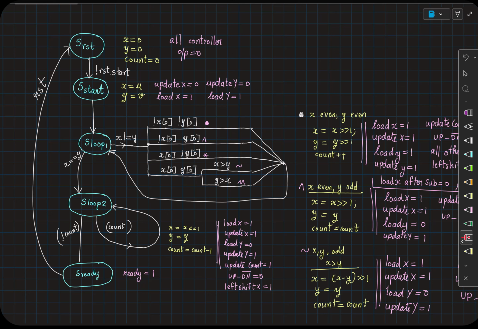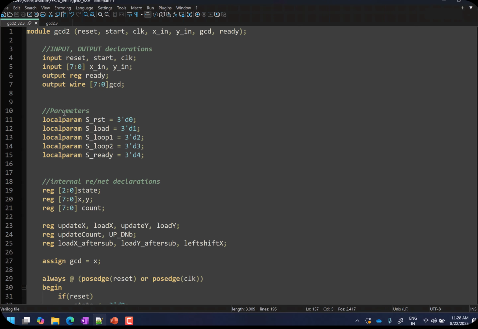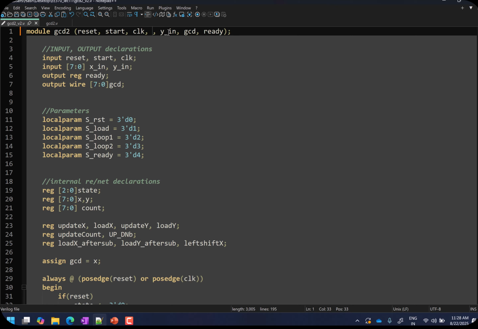Now we are in a position where you can start thinking about how you would want to code this behavior, right? So let me show you how we can code it. Again, do you expect to see a while loop in your Verilog code? By now you know that you don't see while loops for these kinds of purposes, right? So I have started by declaring all the inputs and outputs.